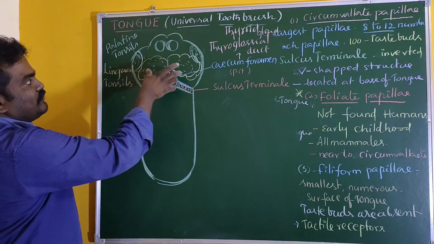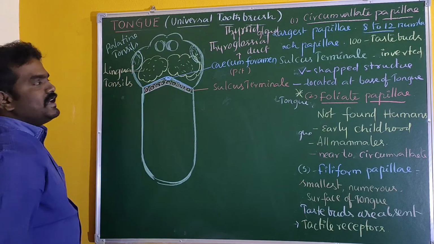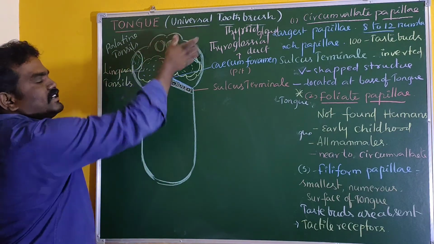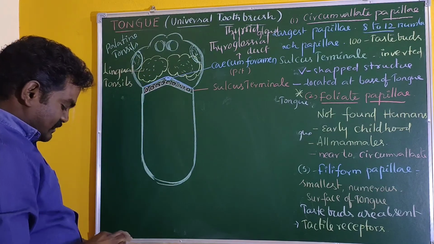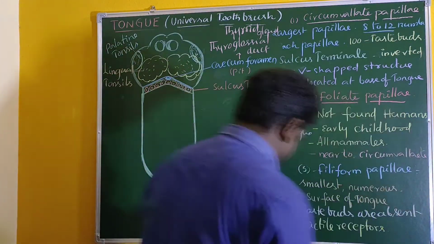So in this tongue we can find two kinds of lymphoid structures. One is the lingual tonsils, another one is the palatine tonsils. This is the part related to the epiglottis. Next, we are going to focus on